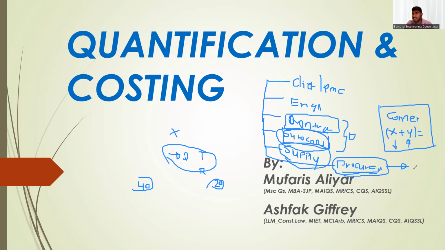So for the contractor's QS, first in the hierarchy there will be a commercial manager. Okay, if the company is very small and there is no commercial manager, there will be a senior QS. So this senior QS is almost equal to the commercial manager. If it is one QS, he will multitask. His duty is to control the cost first and be involved in the payment, certification and all.